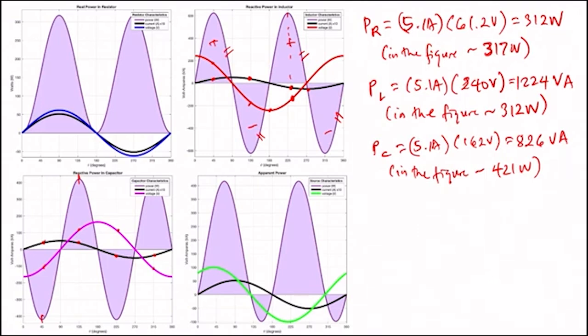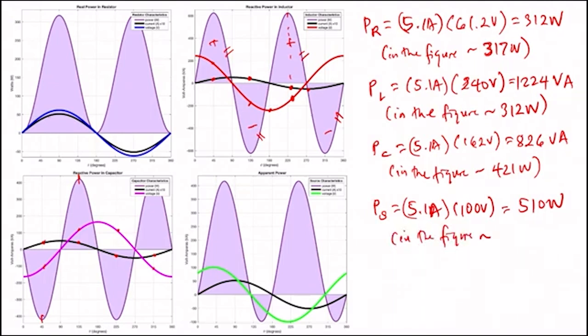And finally, for the source, or for the apparent power, we have 5.1 amperes times 100 volts, which is the given quantity. This is about 510 watts. But in the figure, we have about 416 watts. Okay. Now, in this figure, the current and the voltage are out of phase by 51.9 or 52